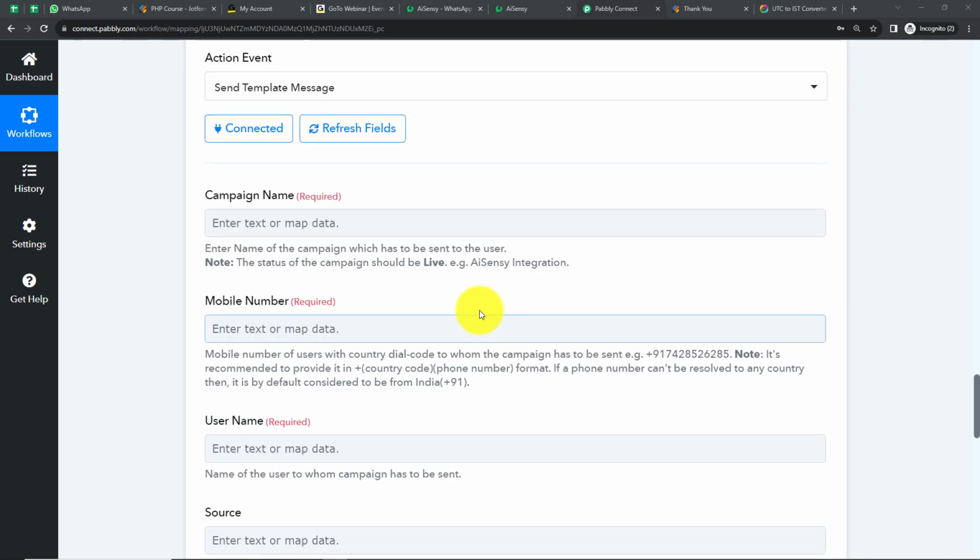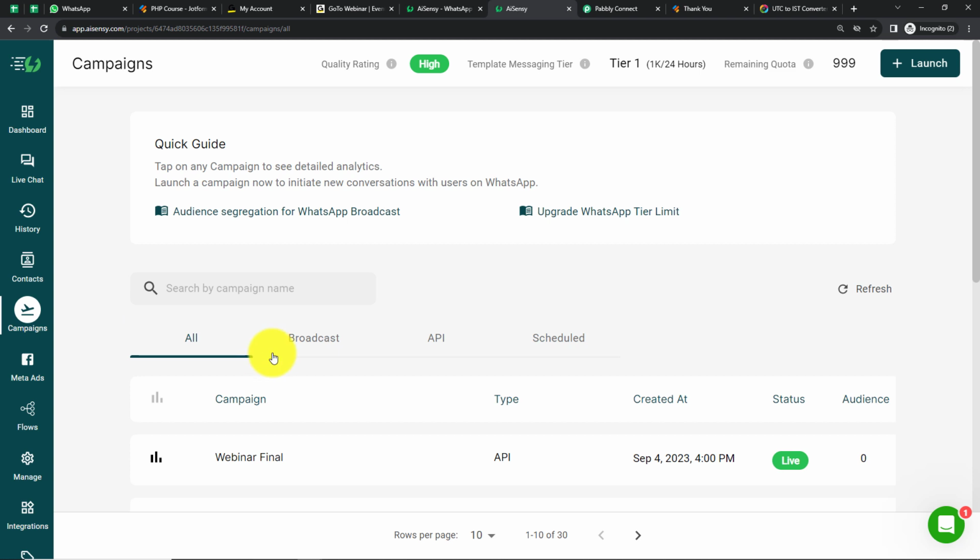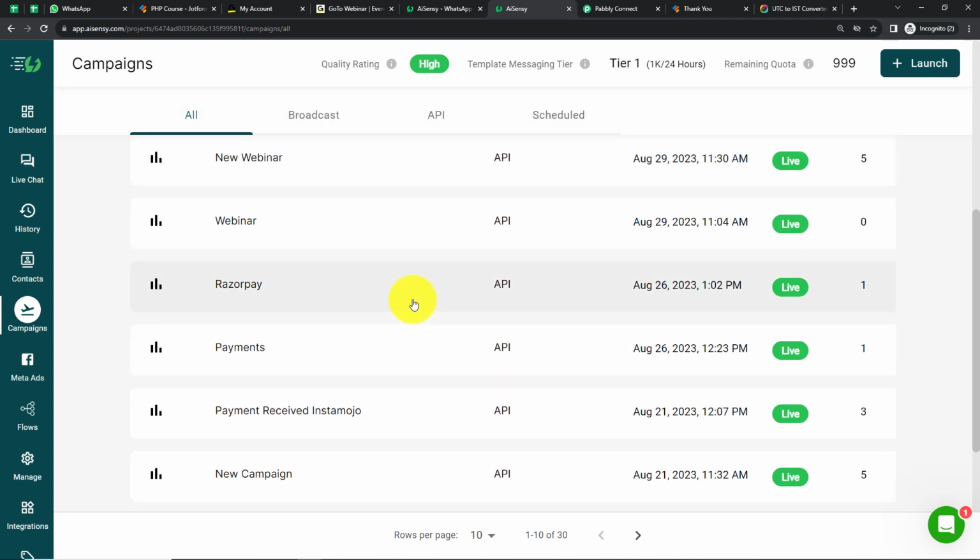Now as I take you down, here we have to enter this information. First of all, we have the campaign name. So a campaign includes different templates. Let me show you the same. So here in AI Sensei, you can see that I have already created a lot of templates and these templates have been added to these